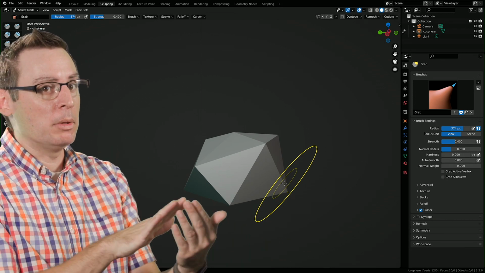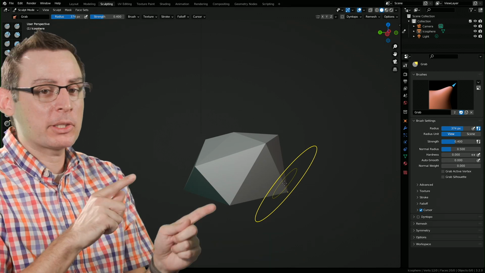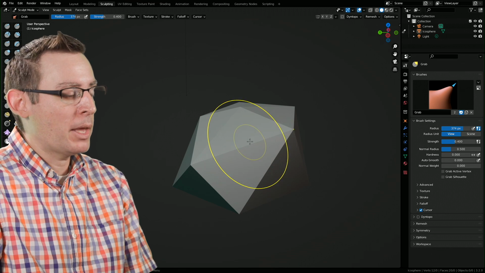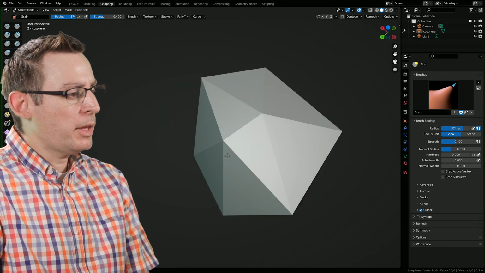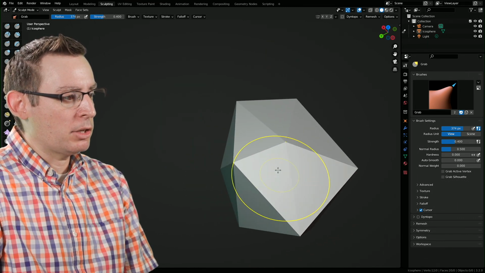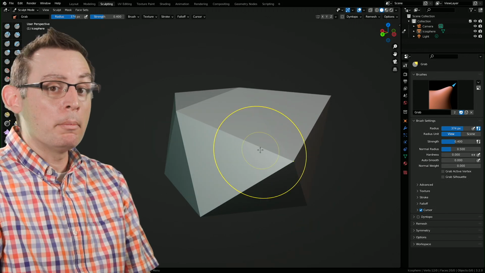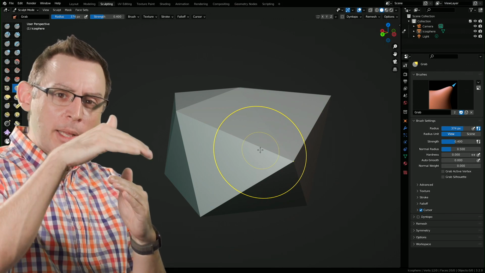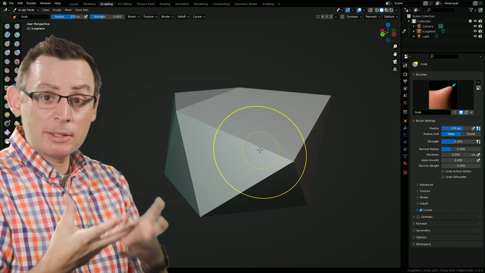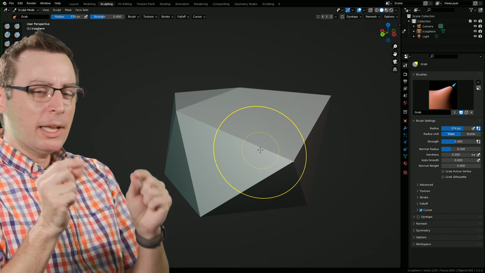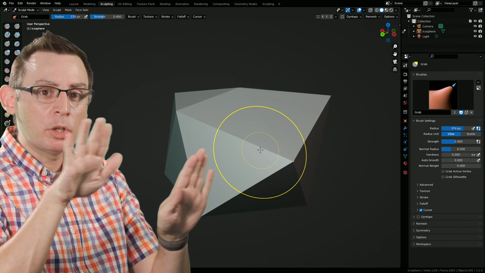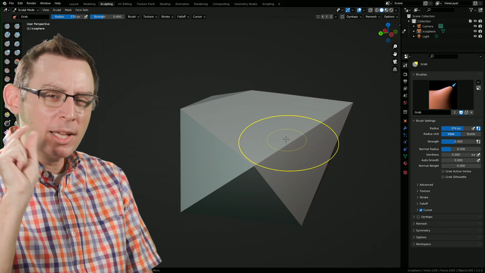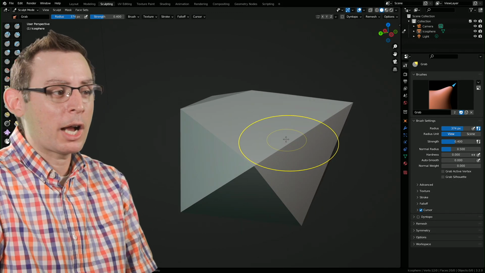The render camera is going to be many, many, many feet away from this object, so we're not going to see the fine details, but we are going to see the overall silhouette and form. Okay, so with that said, I think I'm going to advance into the next stage, which is the inclusion of the multi-resolution modifier into this workflow, because I want to be able to go in and have some nice little bevels in there. Even though the rock is going to be relatively low resolution, I'm still going to be able to go in and craft some really cool planes and some really nice transition points between these sculptural planes just to kind of catch the light and to make it get into that rock look and feel.